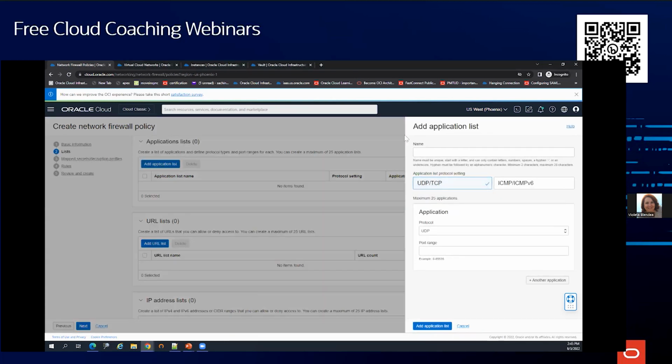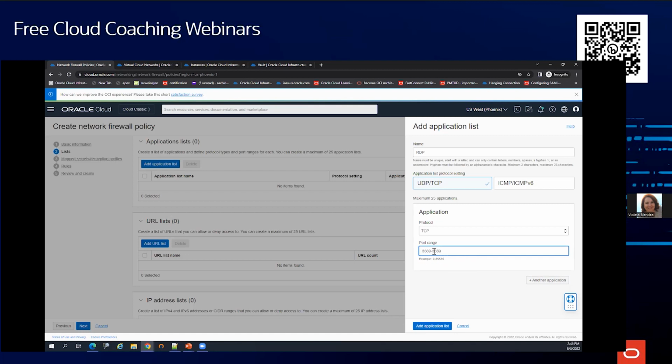Suppose I would like my workloads running on OCI to have RDP connections over the internet. So I'll create an application in my application list called RDP. RDP uses a TCP port, so I'll choose TCP protocol and put 3389. It is showing an error, invalid range, because you need to put a range in the application list. If it is a single port, not a range, I'll put 3389-3389.